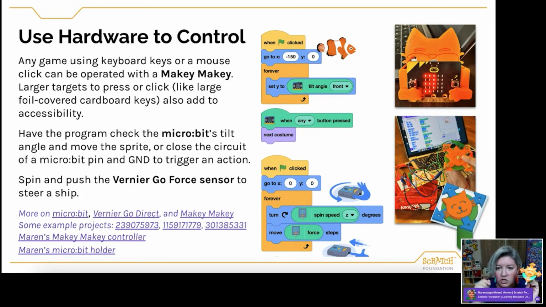That's another fun challenge where now you're kind of going cross platform. You've got Scratch, you've got Tinkercad, you're thinking 3D, you're thinking about accessibility. So lots of different things. This cat holder that I made for my microbit, same thing. I just went into Tinkercad and designed something and printed it out because I was tired of holding the battery pack. So, lots of different ways that you can interact with these things, that I always like to highlight.